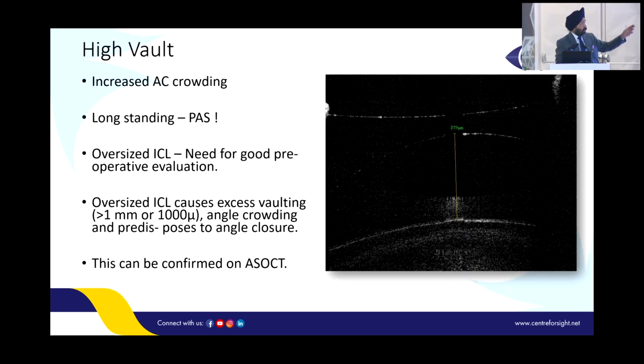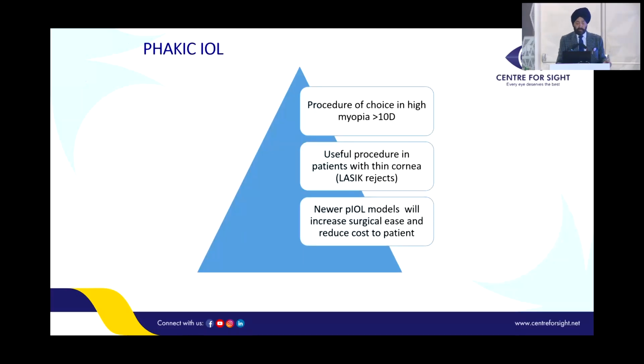Now this is typically the OCT that you can see. This is about 859 vault. So this is a high vault that is there. Normally when there is a high vault, I don't mind waiting for some time. It tends to settle down and the pressure does not increase. So just watch this patient very carefully for pressure. Apart from that, a high vault, even at 1000 at times, doesn't cause much of a problem.